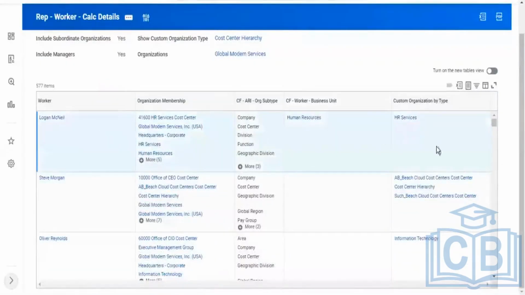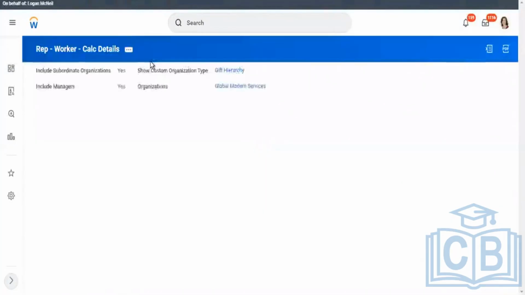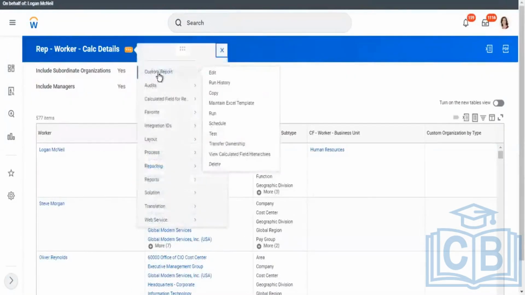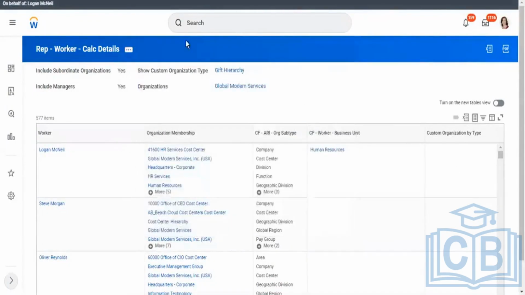Alright, Logan McNeil, he belongs to this cost center hierarchy. How would I know that? If I go to this cost center, the cost center will belong to this hierarchy. Right, again here. Let's edit this report now instead of directly taking this field. Now what I'm doing is,